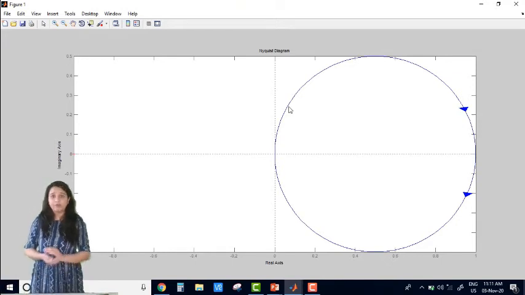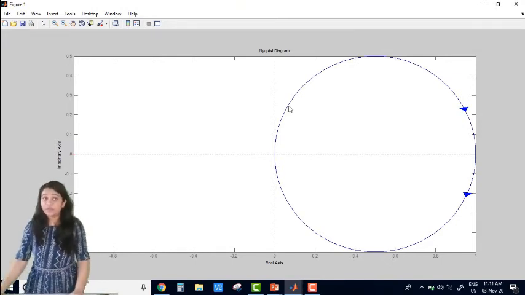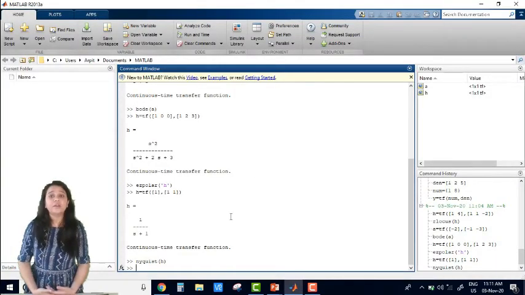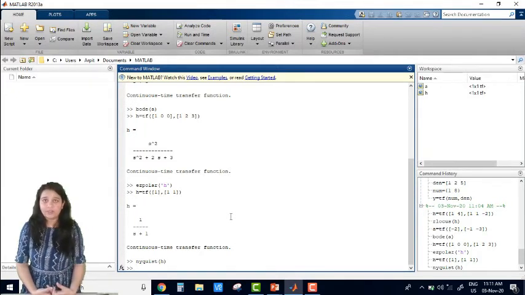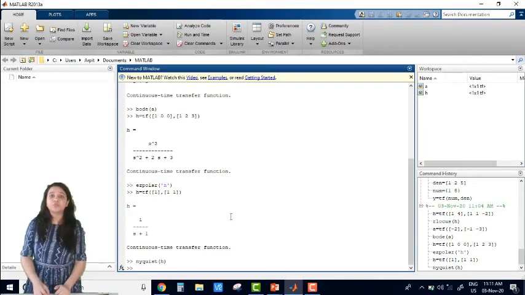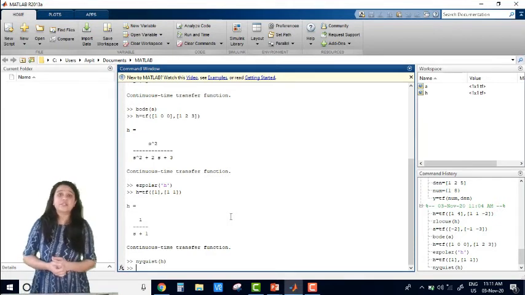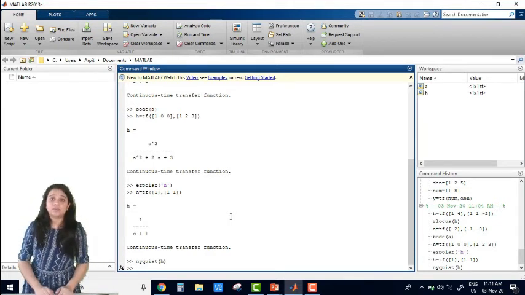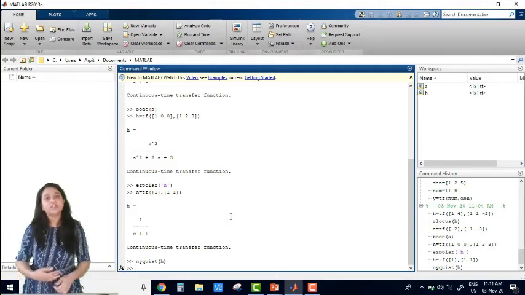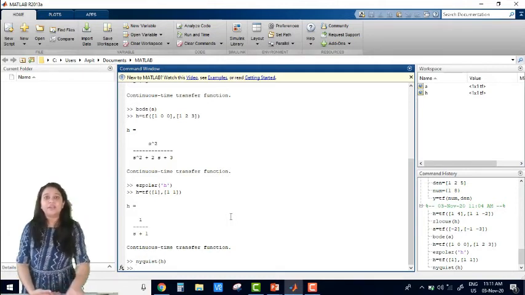So if we want to find the stability of the system by trial and error, we put in a different transfer function and then find the stability of the system. Suppose we put the transfer function s square upon s square plus 2s plus 3, and using this transfer function, if we get an unstable system, we can simply change the numerator and denominator coefficients, and using trial and error we can find the stable system transfer function.